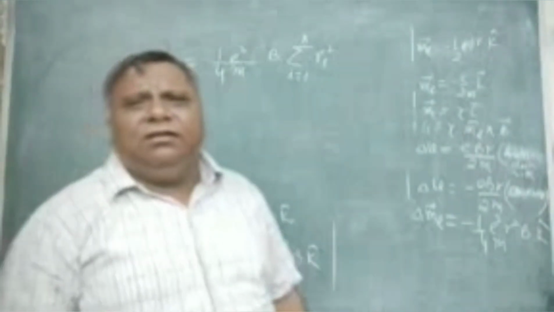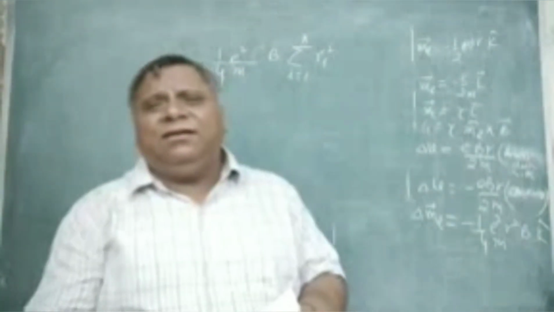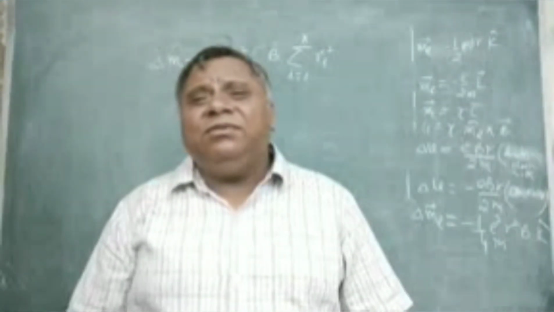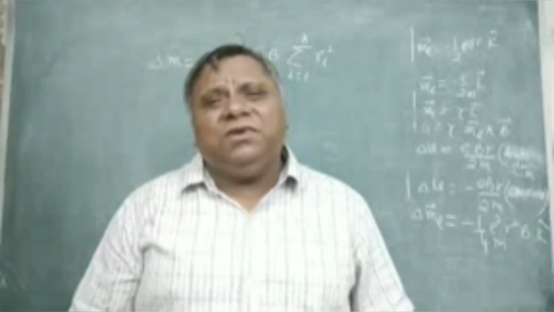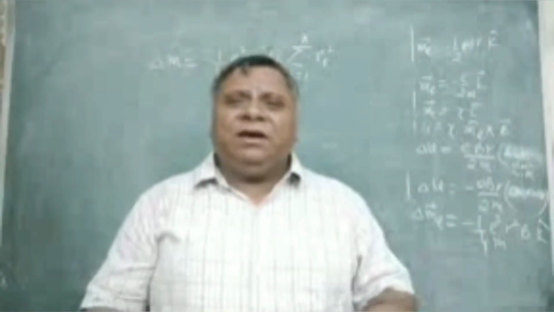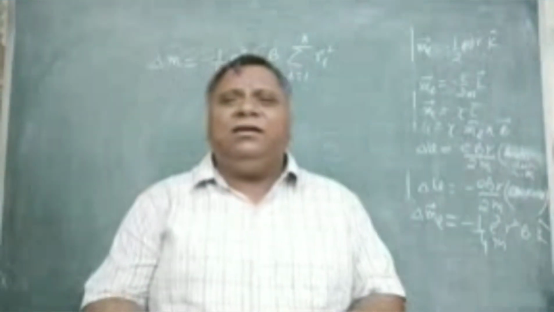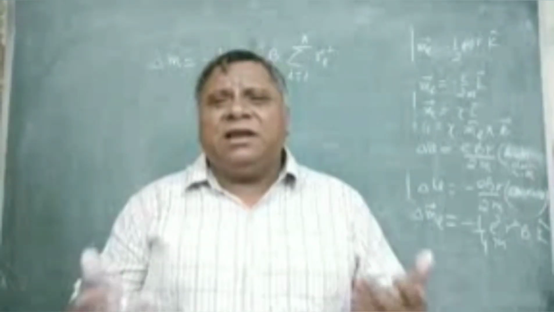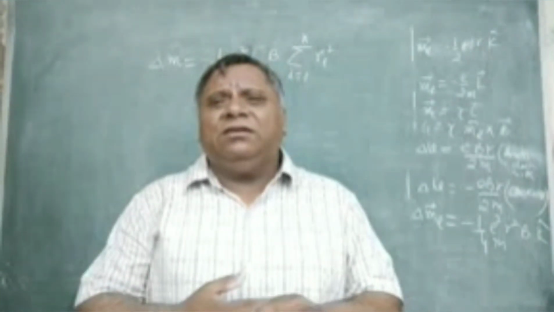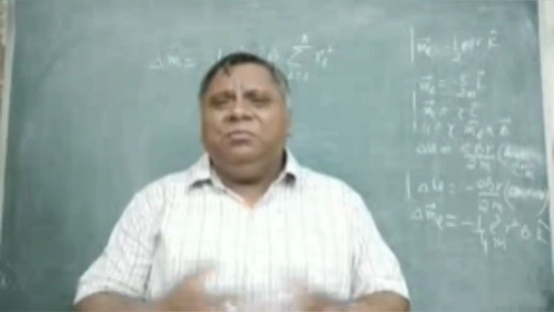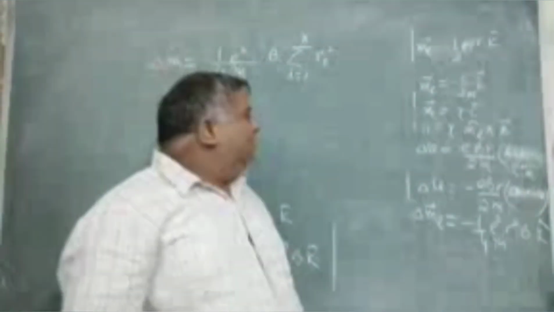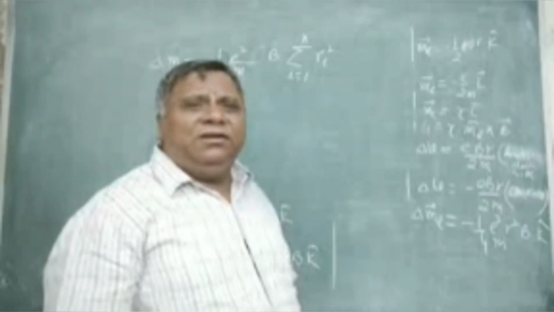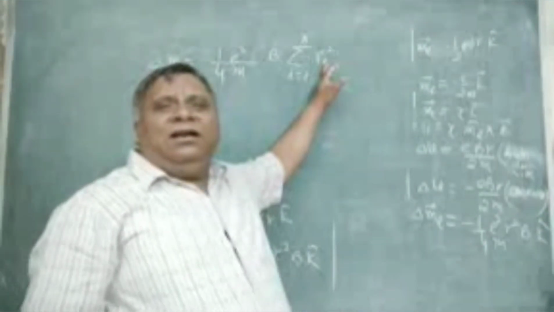What we have done is taken the magnetic field perpendicular to the orbit. But in an atom, it may not be the situation. In general, the magnetic field and magnetic moment may have an angle. These two vectors may have an angle. So if theta is the angle for a particular orbit, which is denoted as the ith orbit,